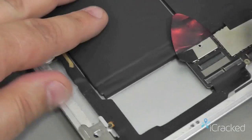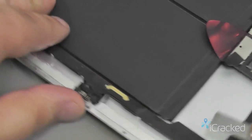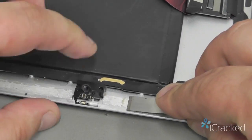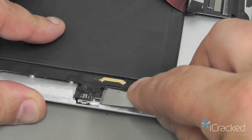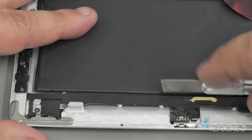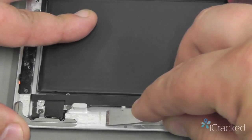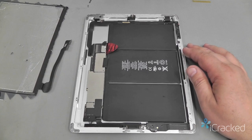We're going to go all the way around and remove any of the large pieces of adhesive that's left. You want to be cautious around the front-facing camera. You don't want your iSesmo or hobby knife to slip and slice through the cable. And I'm not using a whole lot of force, and just a little bit of forward motion to peel off some of that adhesive. Now included in your kit